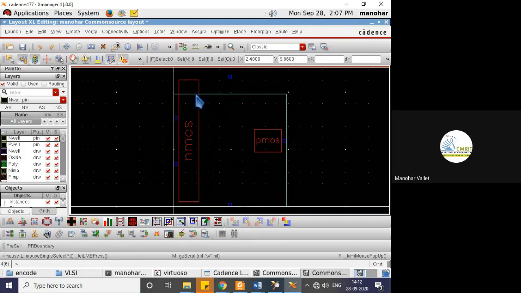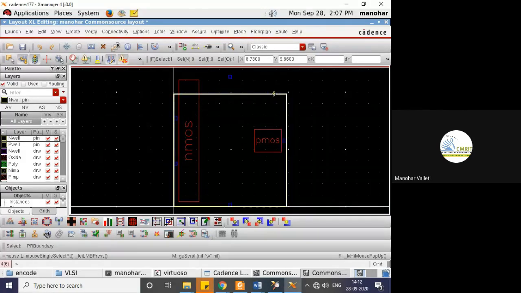Yes, sir. See here, NMOS and PMOS are there. This line is the boundary. Generally we try to fit your design inside its boundary, but as you are a learner, you are not designing now, you're just learning the tool. If a chip has a given area, and you try to design your entire circuit in only part of it, there are other circuits that also have to come in.